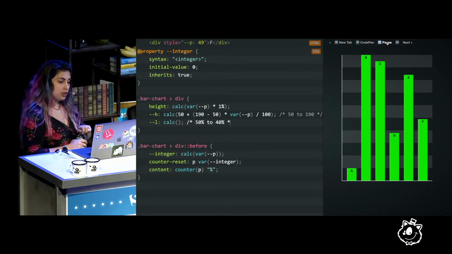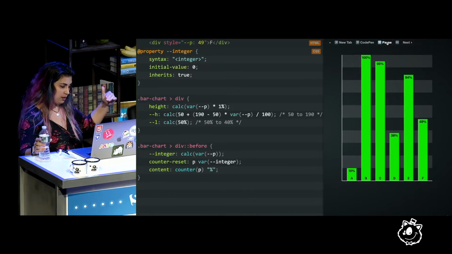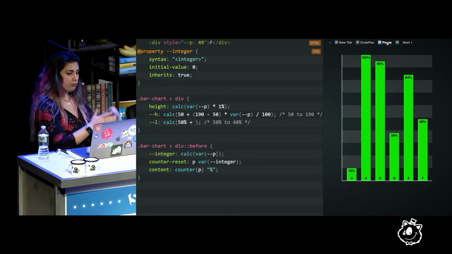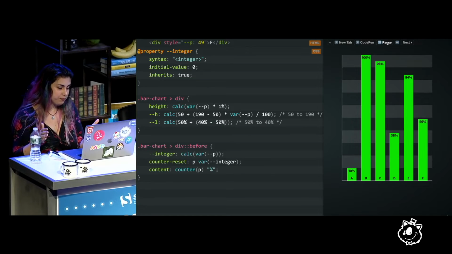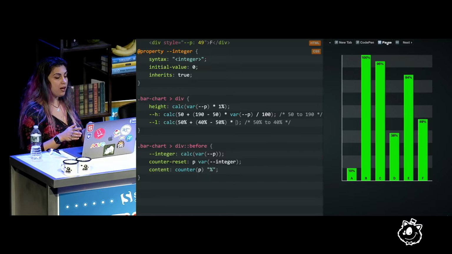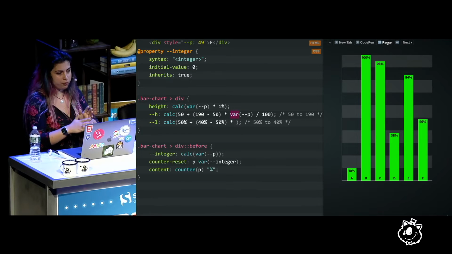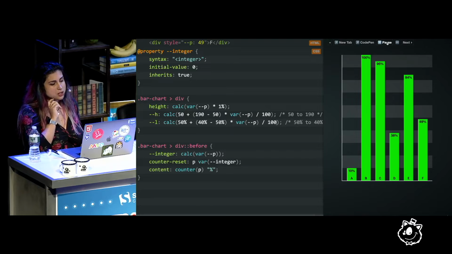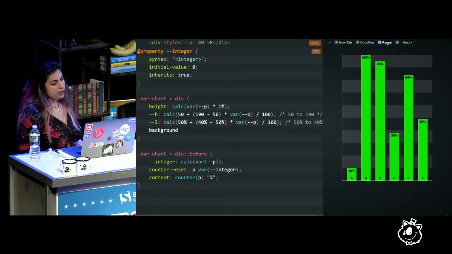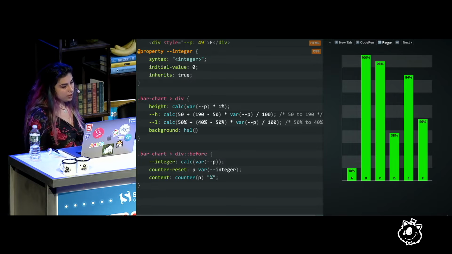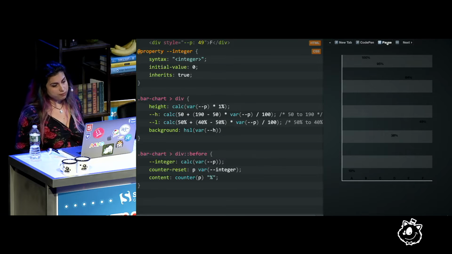And same with lightness. Lightness goes the other way. It actually becomes lower. So first value plus difference of start and end values multiplied by the percentage of p from 0 to 1, which we can just copy. And then we use H and L in an HSL function.